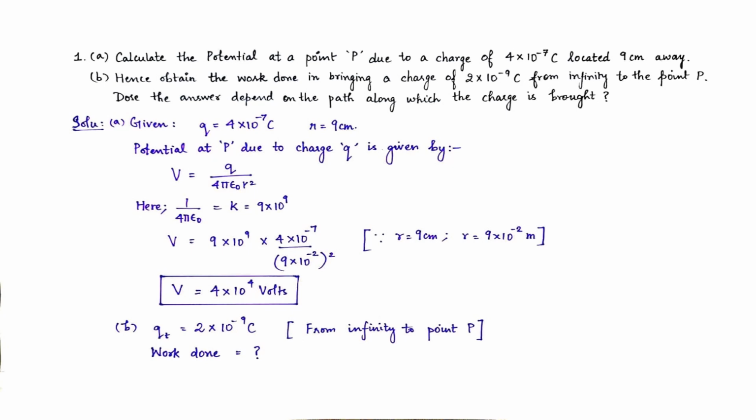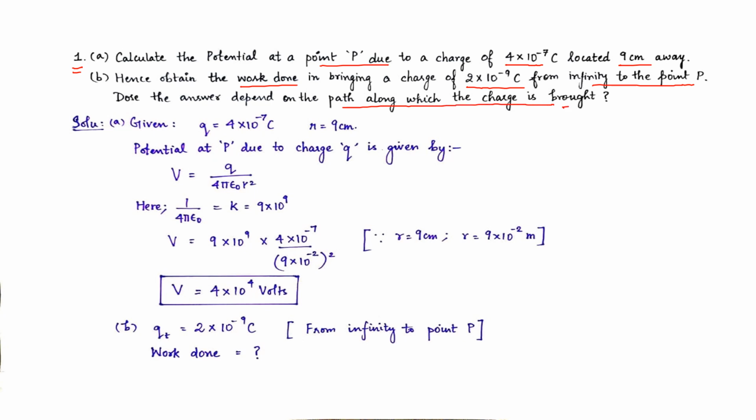Hello students, today we will solve a question, and the question says: calculate the potential at point P due to the charge of 4 into 10 to the power minus 7 coulombs located 9 meter away. This is part A, and part B says, hence obtain the work done in bringing the charge of 2 into 10 to the power minus 9 coulomb from infinity to point P. Does the answer depend on the path along which